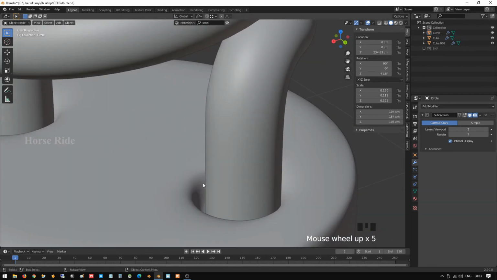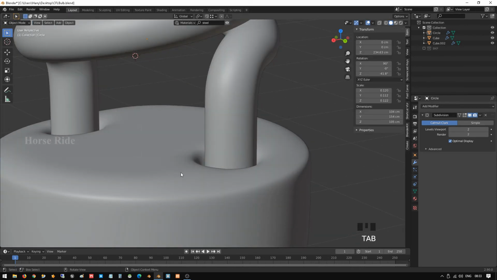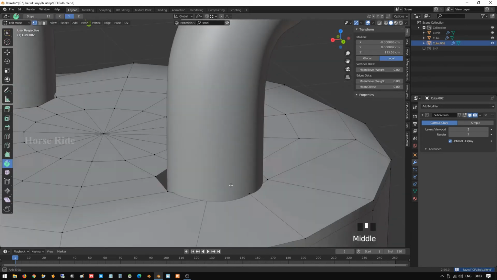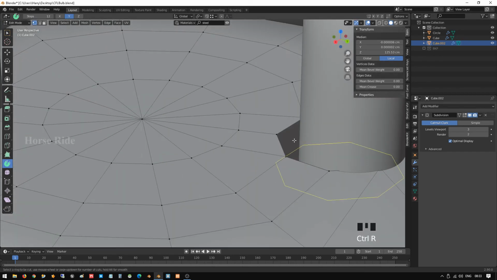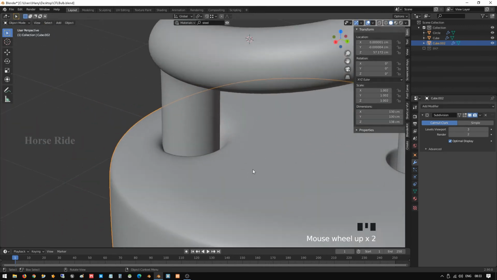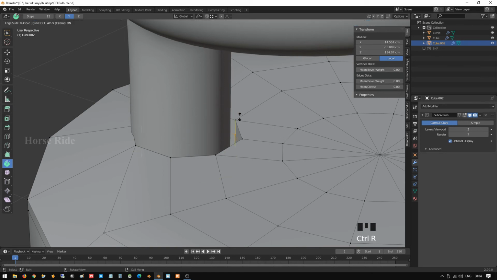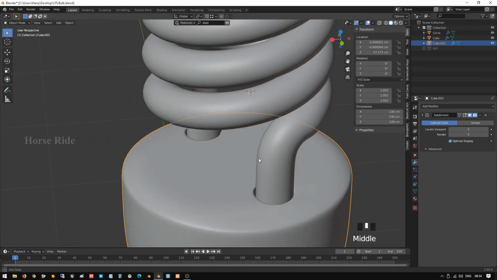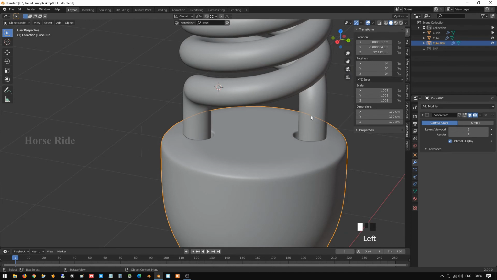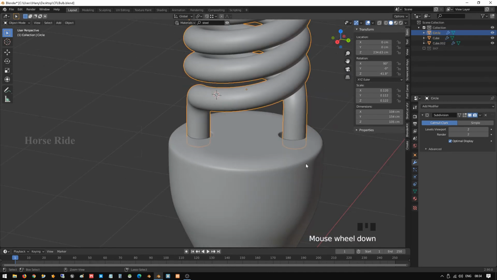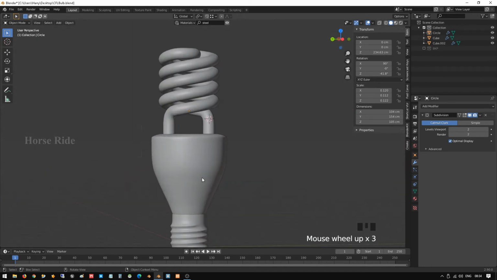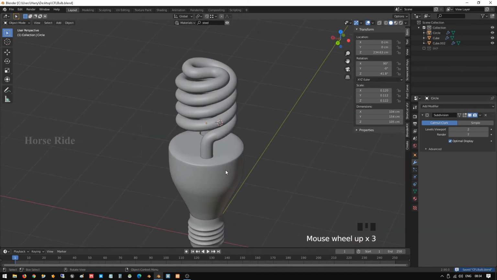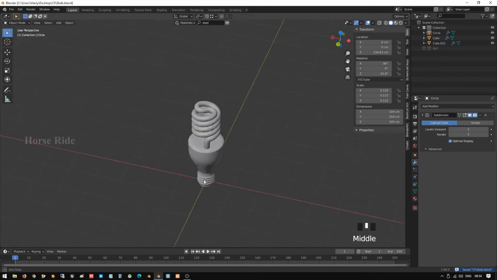Okay, Control S to save and select the subject. Select Edge Loop Cuts here, press Ctrl R and move it towards the top. Now it gets sharp edges, so it will be looking good for us. So now our 360 degree twisted bulb is ready. We can go for the next process, coloring.